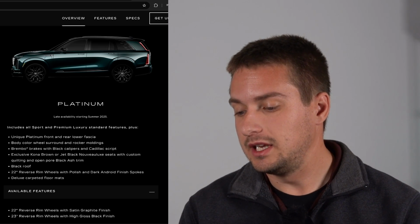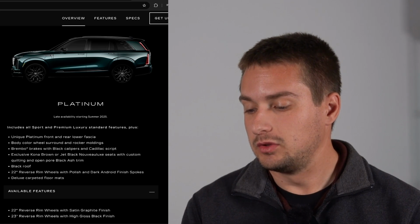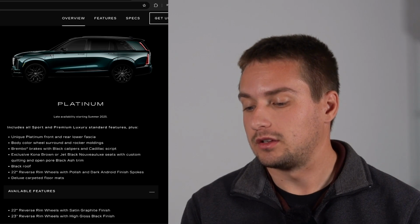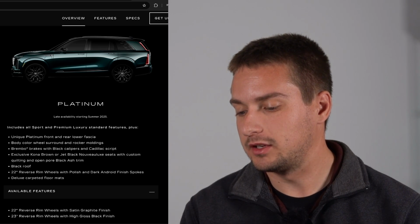It's going to add unique platinum front and rear lower fascia, body color, wheel surround, and rocker moldings, Brembo brakes with black calipers and Cadillac script, exclusive Kona brown or jet black Nouveau Luxe seats with custom quilting and open pore black ash trim, black roof, 22-inch reverse rim with polish and dark Android finish spokes, deluxe carpeted floor mats,